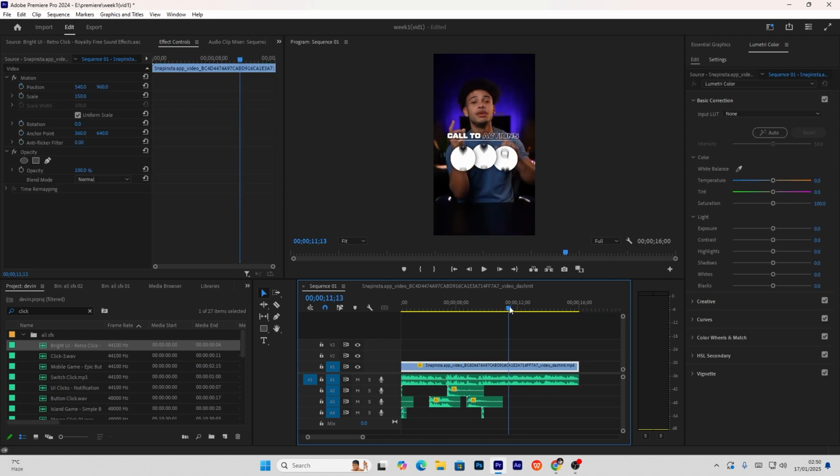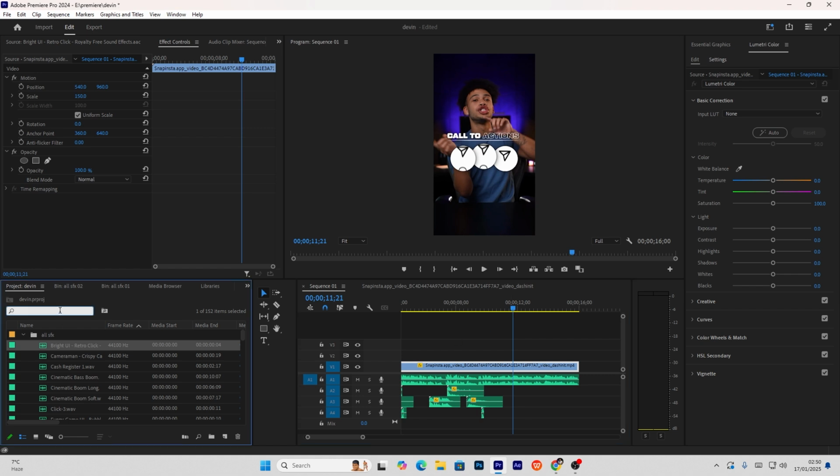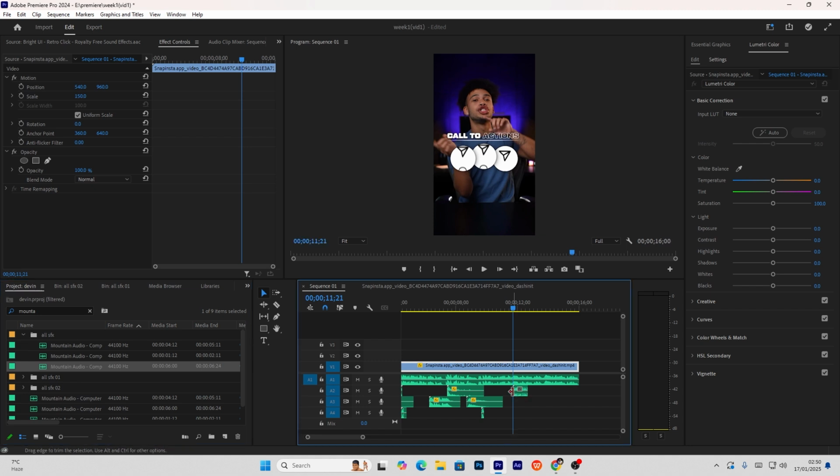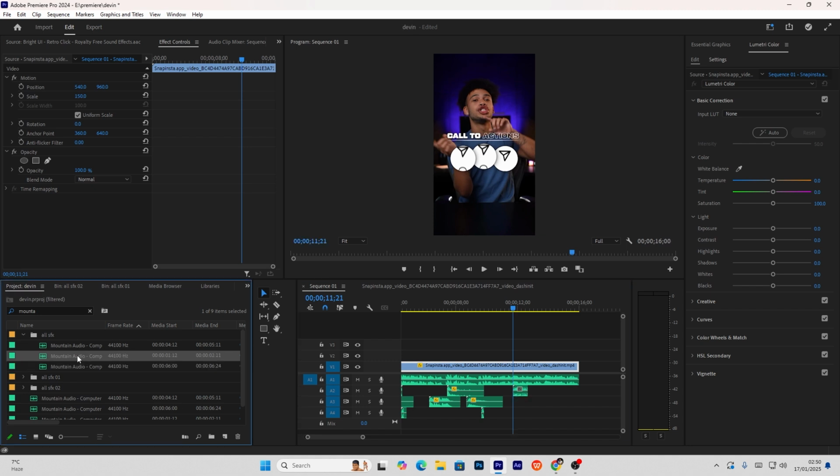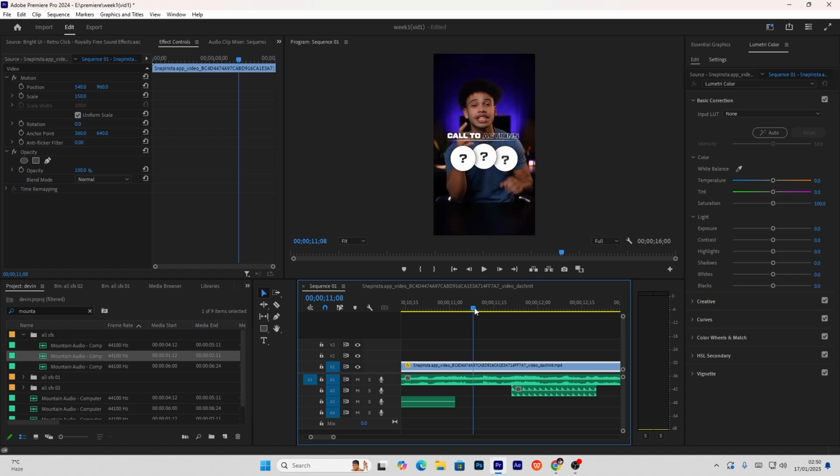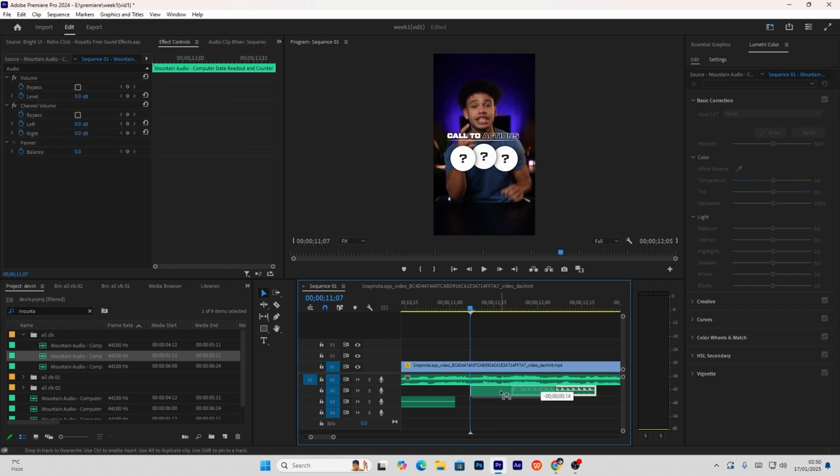This is the time we can again use some more mechanical, but this time I'll be actually using some gears. We can use some kind of whooshes as well, but I like to experiment, so I'll be using a sound effect called the mountain audio. These are actually gears. These three, one is a shorter one, one is a longer one, one is a faster one. Okay, I got the movement wrong once again. We'll be moving it from this point. So once you share. Okay, that is perfect.